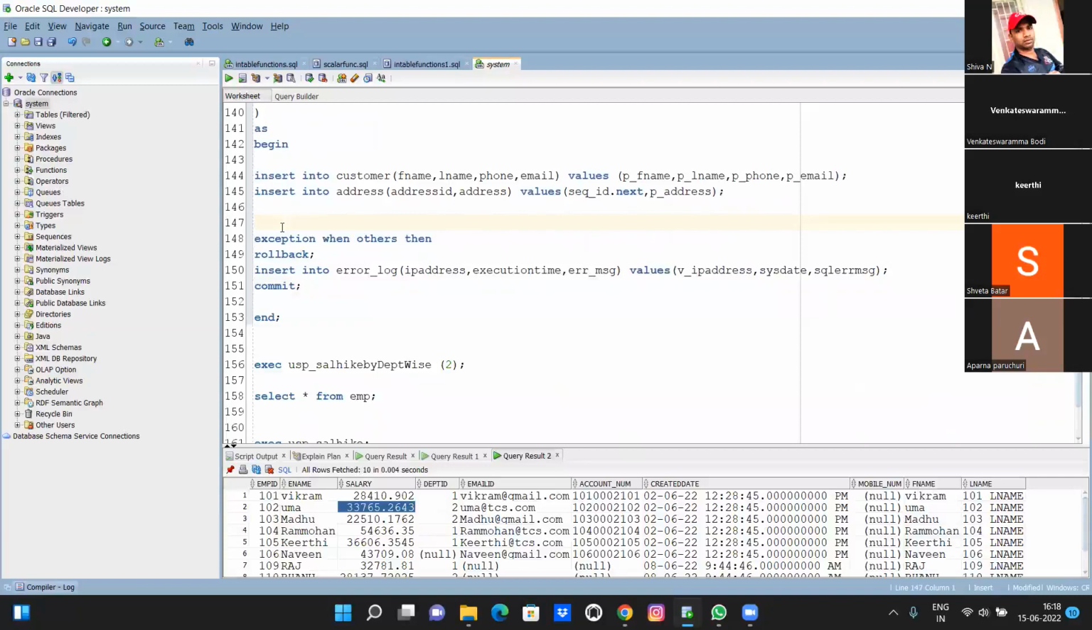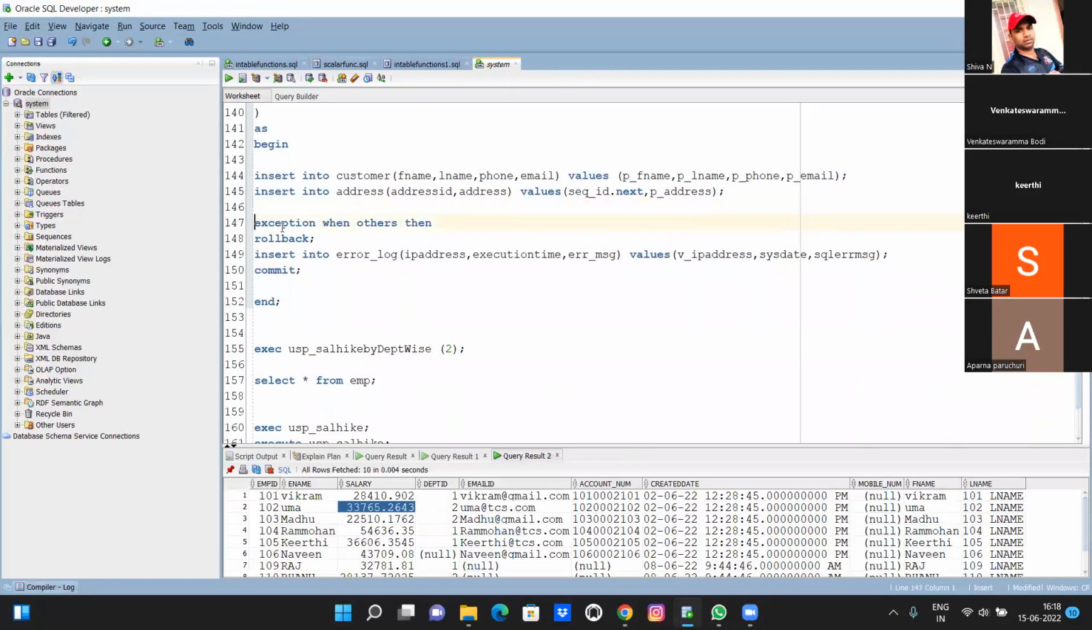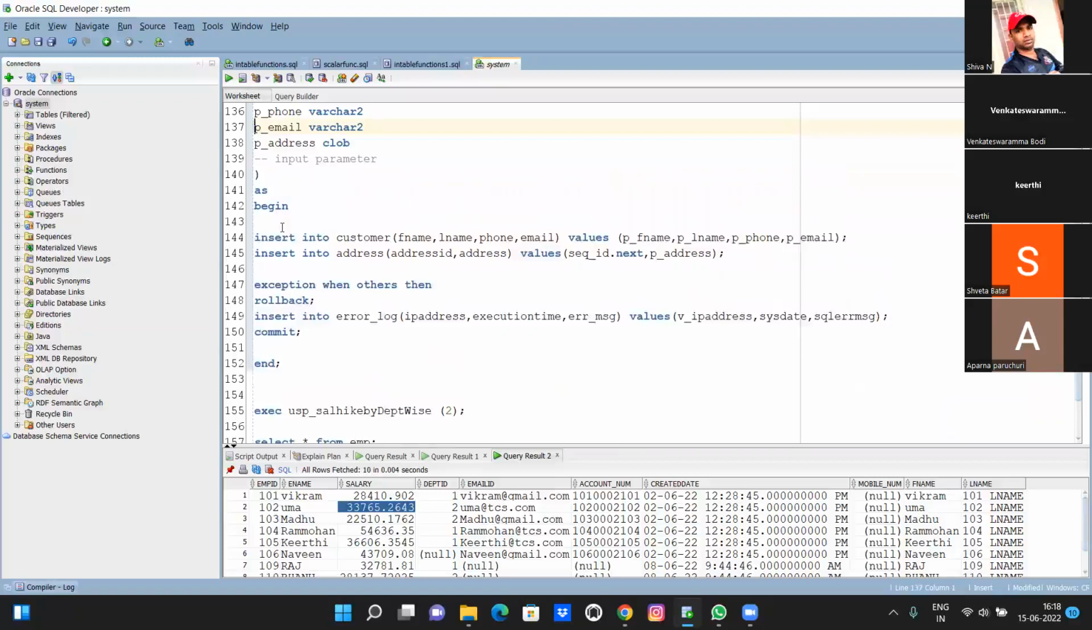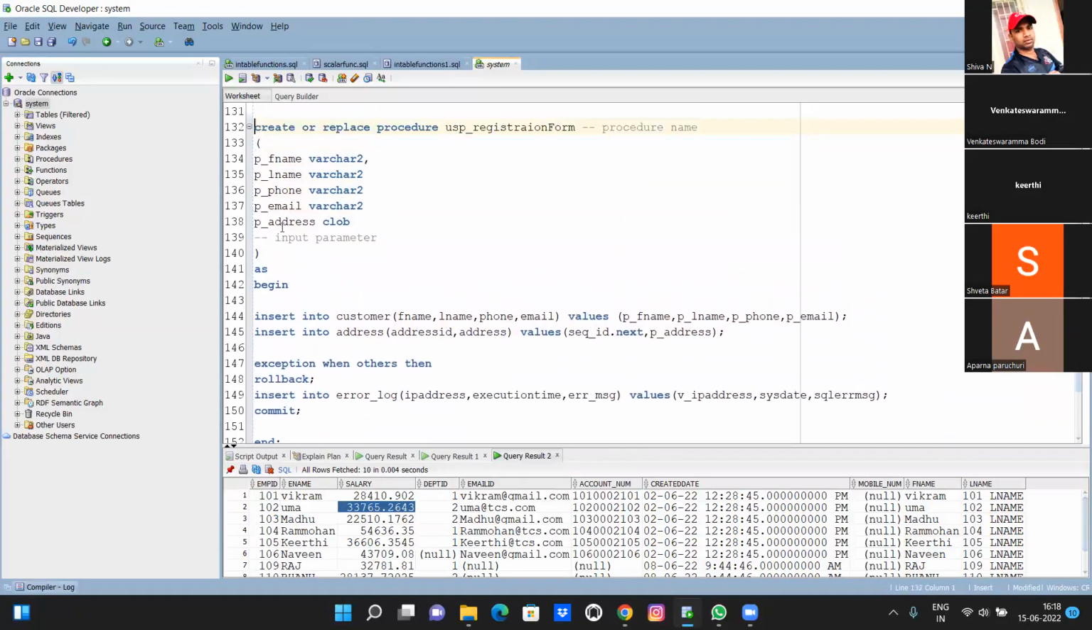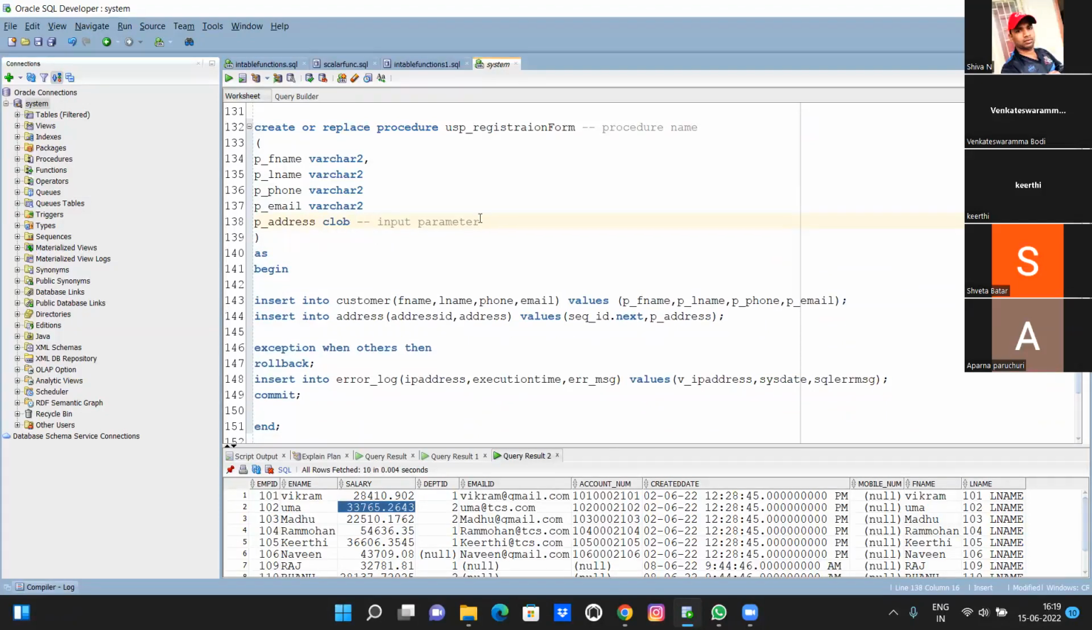Let me explain again. You can drop off after this. Okay, let me quickly explain this one. So for registration page purpose, I'm creating one procedure. In my procedure, I'm going to receive all these input parameters from the Java page. Okay, so Java people only will assign the values and send the values to this one. Then as begin, using these values, I'm filling two tables. One is customer table, one is address table. In case of any issue, suppose